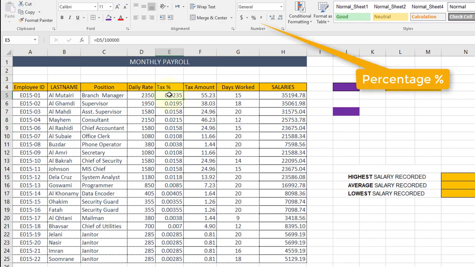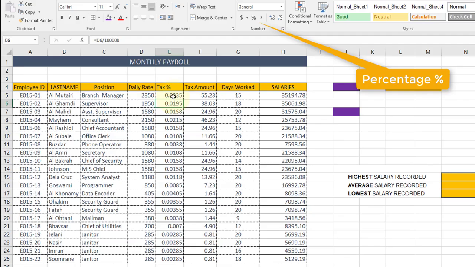Okay, second one. Now this one, it says here tax percentage. So these are percentages actually, all these numbers. Now we don't want this to display like this. We want them to display as a percent. So what we'll do, again here you have the option of percent style. So this is a percentage. If I click this one, you can see immediately it says 2.